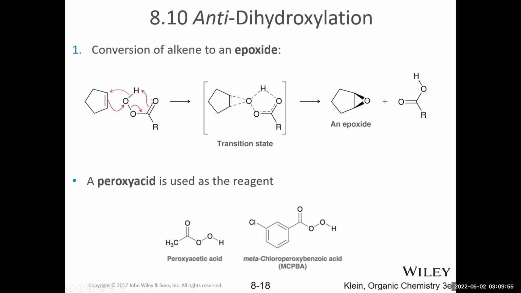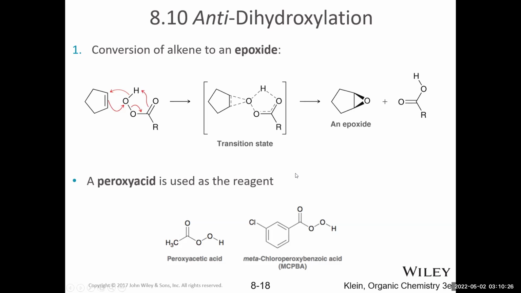I can shift these electrons up onto the oxygen to form a lone pair, or just move them directly to do proton transfer. So these electrons are picking up this proton, then the electrons are left behind to attack the positively charged carbon that's left behind when the pi bond does its initial nucleophilic attack. So all of these electrons are shifting simultaneously, going through a transition state, leading to the two products.